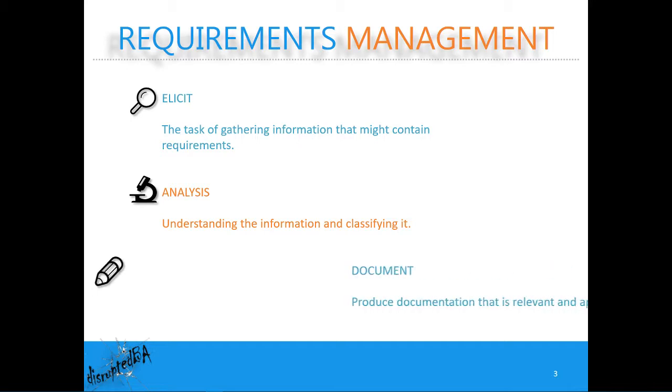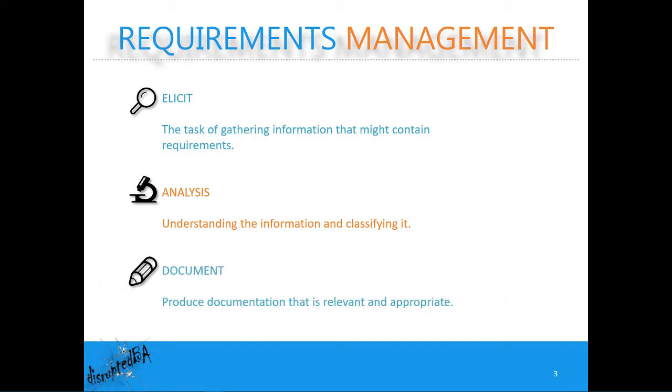And then finally, we should be in a position where we can document this information. The document can be many different types of documents out there. It could be a specification, it could be a business case. That would depend on what your objectives are and where you as a business analyst fit into the organization and where you get involved in a project structure. So with that being said, let's jump into the first phase,